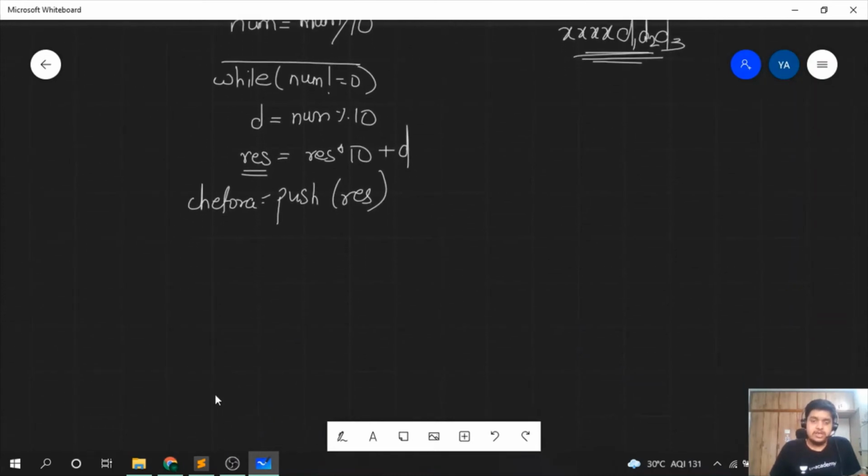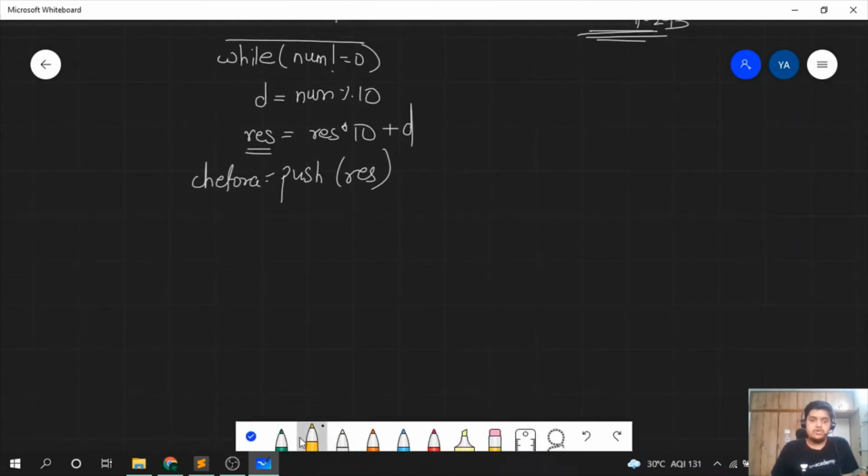Now the next thing to see over here is how to calculate the prefix sum. So the prefix sum part is just normal. So first, don't initialize any list. What we can do is first set the value of sum equal to 0. Then we can just iterate over CHEFORA. So for i in CHEFORA,